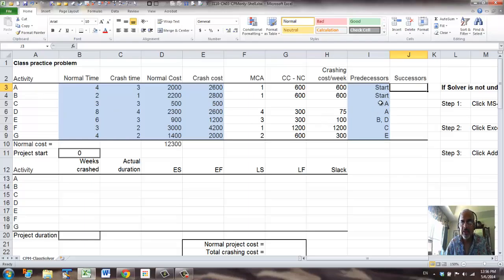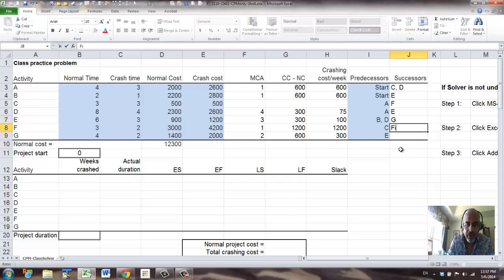So A is a predecessor for C and D, so we have C comma D. Then B is a predecessor only for E, and C is a predecessor for F, and D is a predecessor for E. Now E is a predecessor for G, and F is not a predecessor for anything.